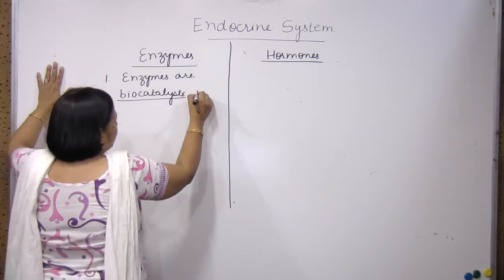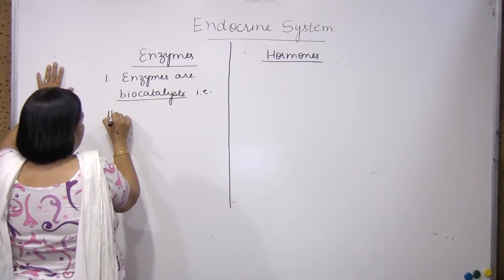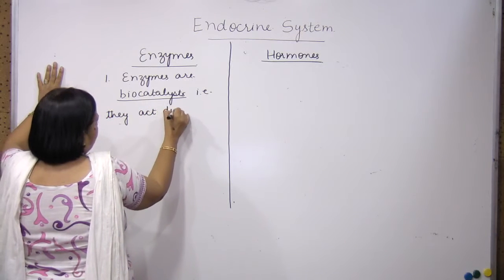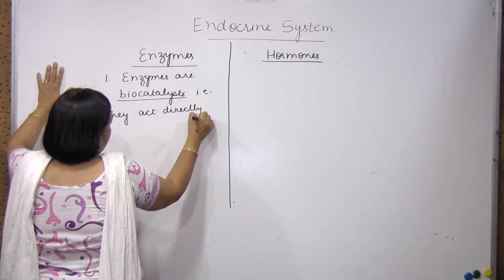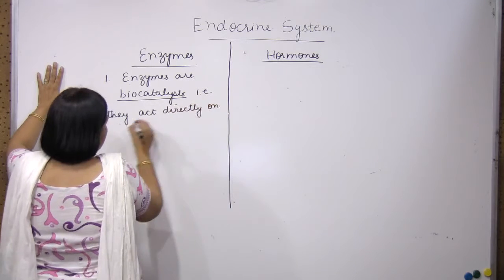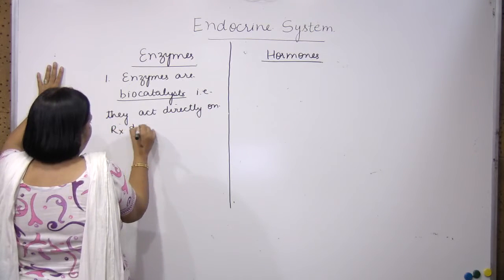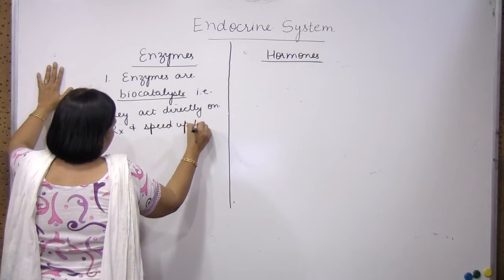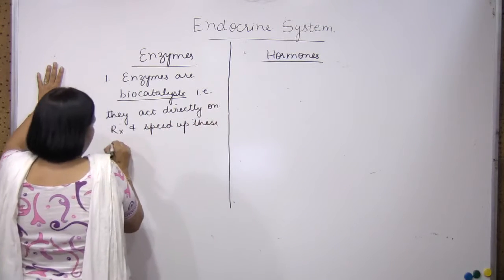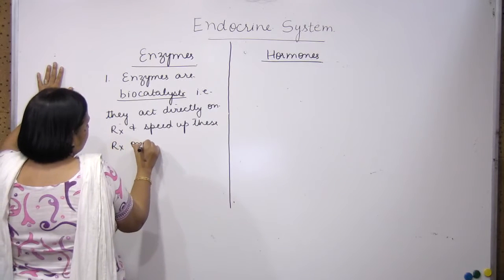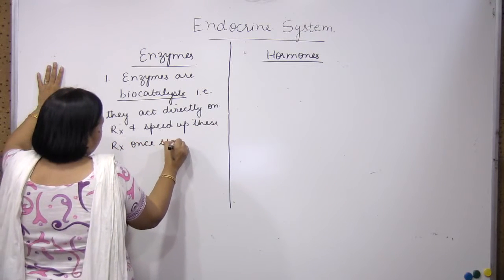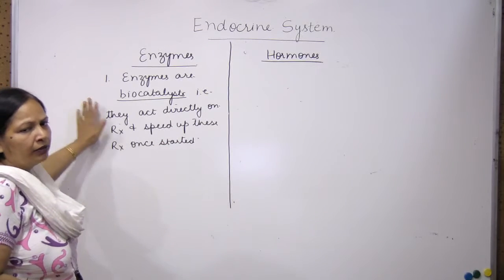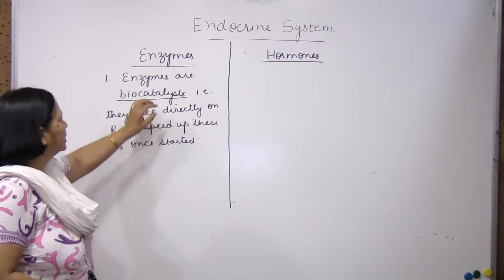That is, they act directly on reactions and speed up these reactions. Enzymes do not start the reactions, but once reactions get started, they are speeded up